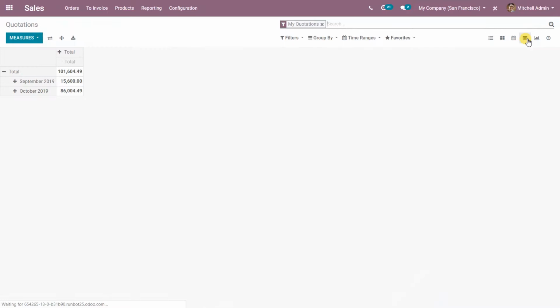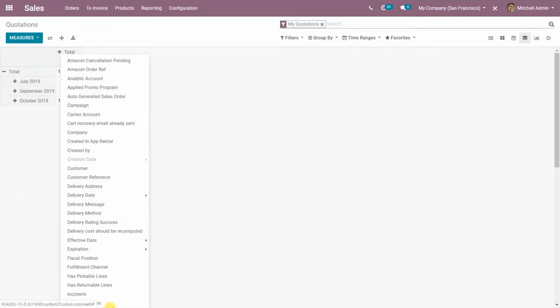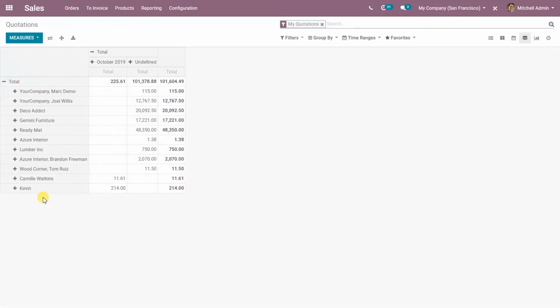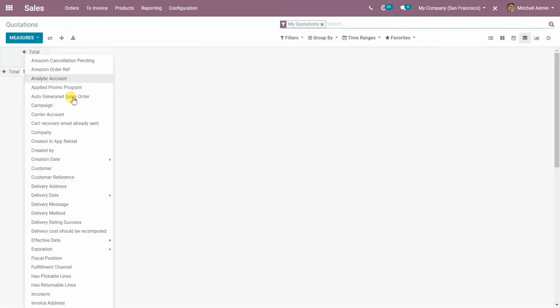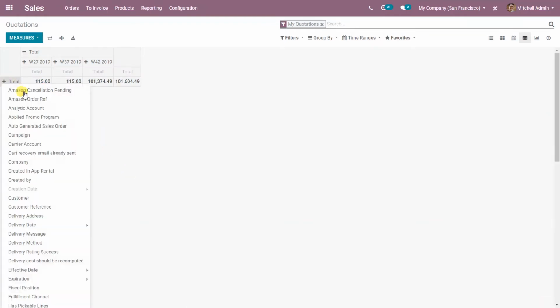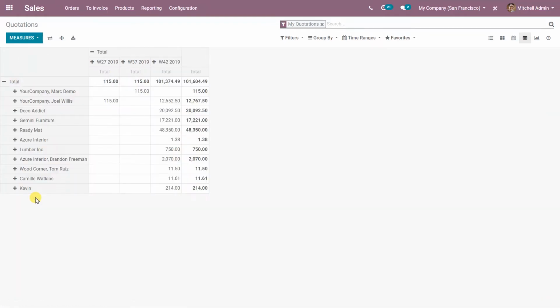Next comes the pivot view, or as I would like to call it, the spreadsheet view. This looks simple at first, but if you look carefully, you can select the X and the Y parameters in here to view whatever business data you would want to see. Let's change the X axis for some time period, for example, and the Y axis for a customer's name. As I'm viewing the quotations data right now, we are looking at the amount of quotations we have made for each of these customers in these weeks of this month.